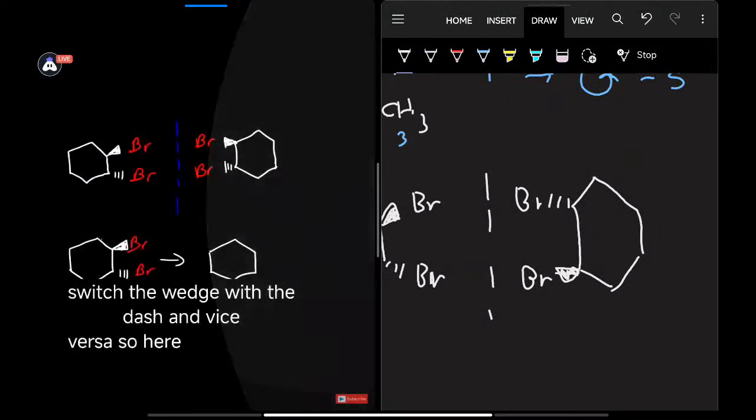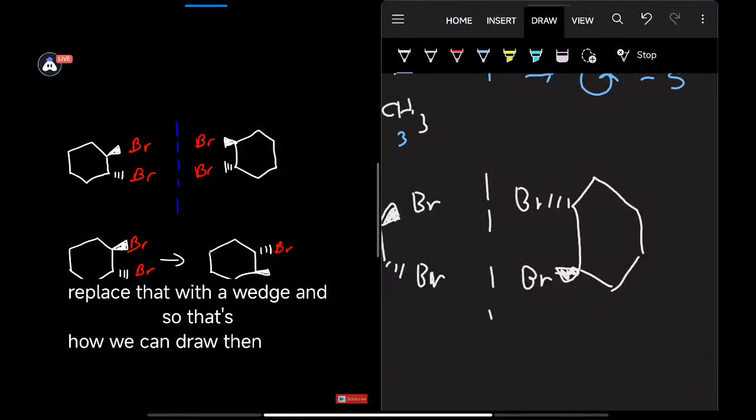And so here we have a wedge. So that's how we can draw the enantiomer of